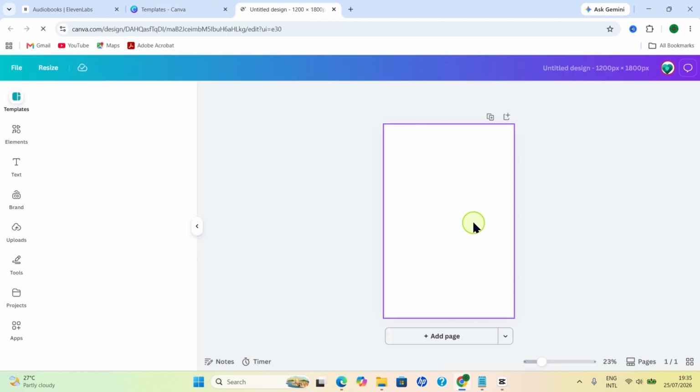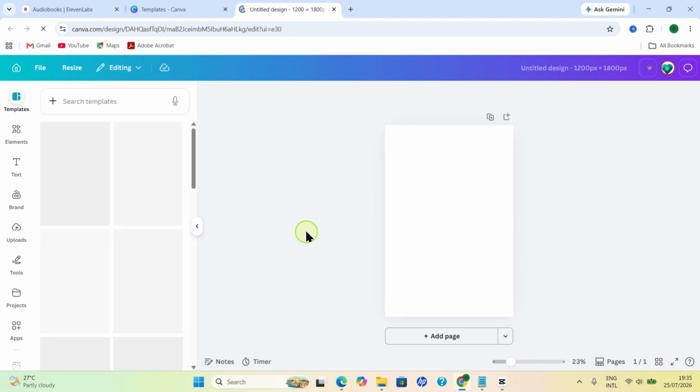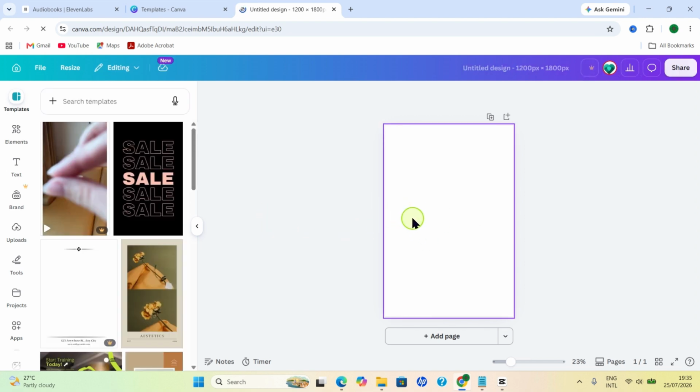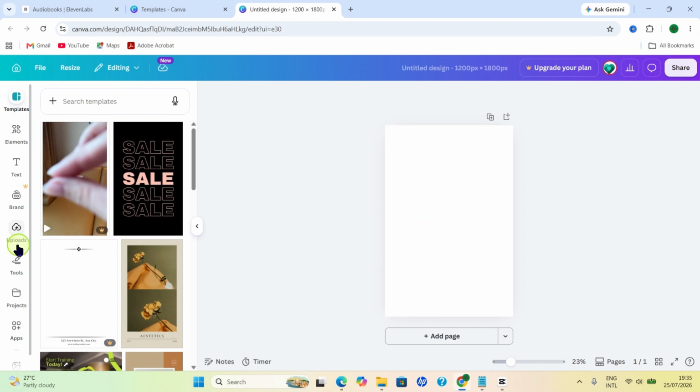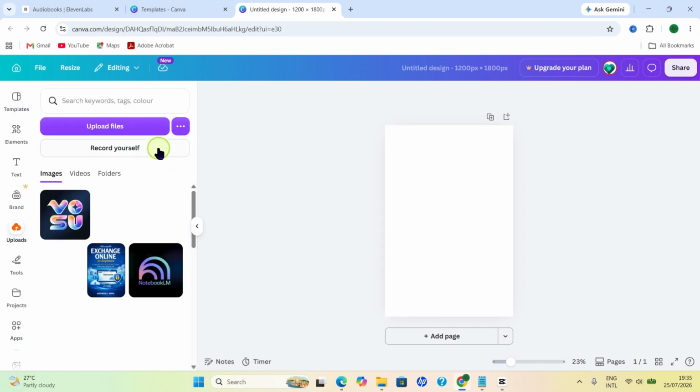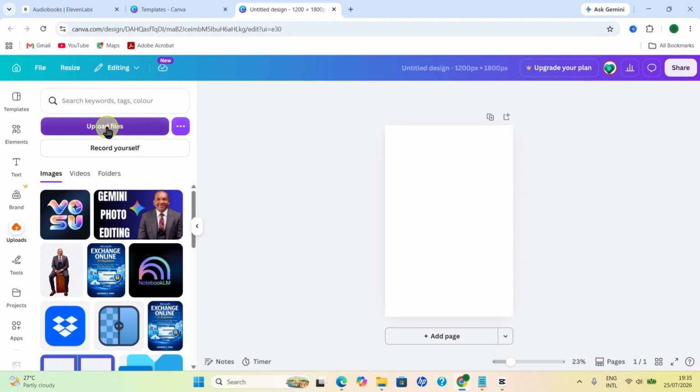So you'll be on a page that looks like this, so you can start creating from scratch. But I'm not going to do that because I already have a book cover I want to use. All I need is to upload it here and then drag and drop here. So I'll click on uploads, then click on upload files,